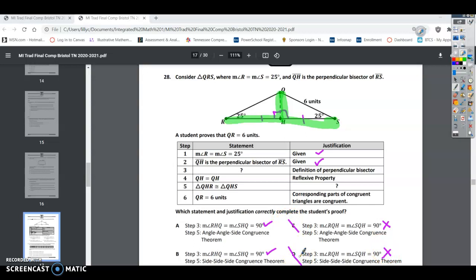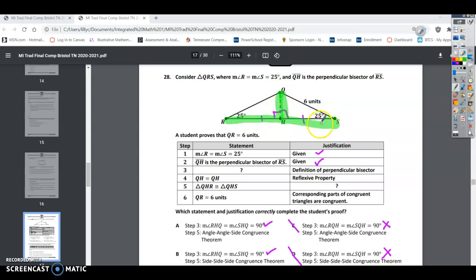All right, so number 3 we know is the measure of angle RHQ equals the measure of SHQ equals 90 by definition of perpendicular bisector. The next one says QH equals QH, okay? That's the reflexive property, so that is given. And the next one says triangle QHR is congruent to triangle QHS